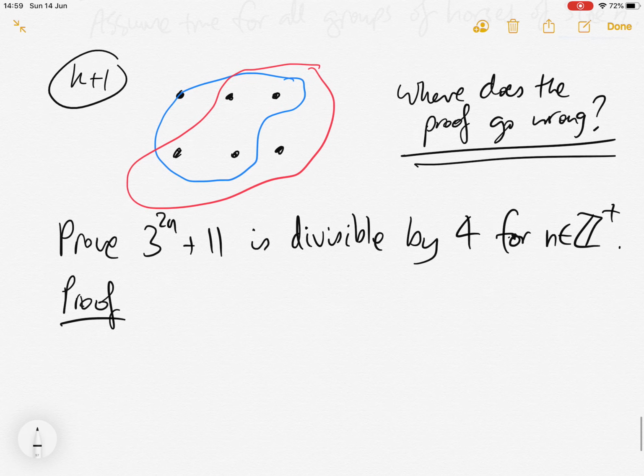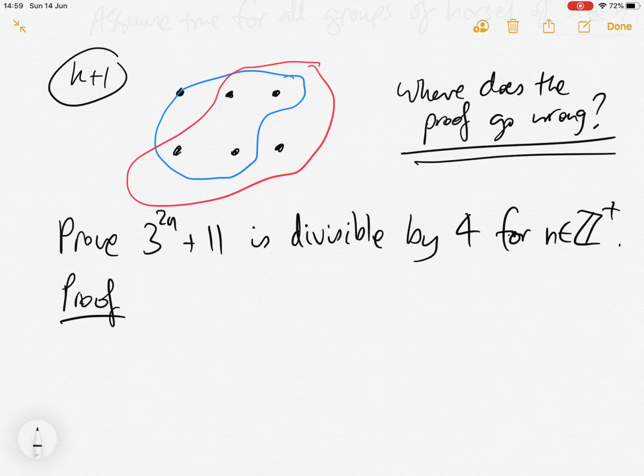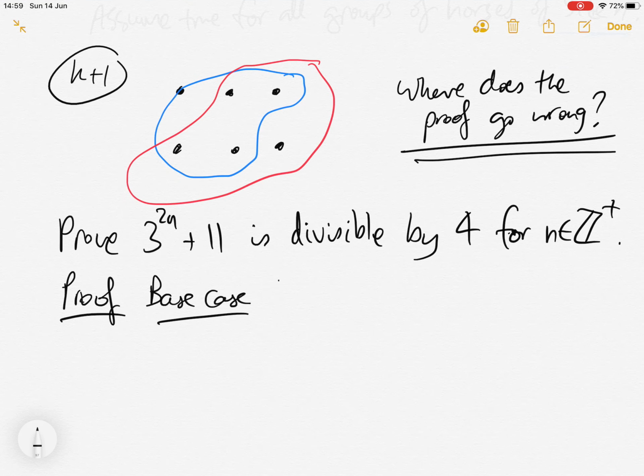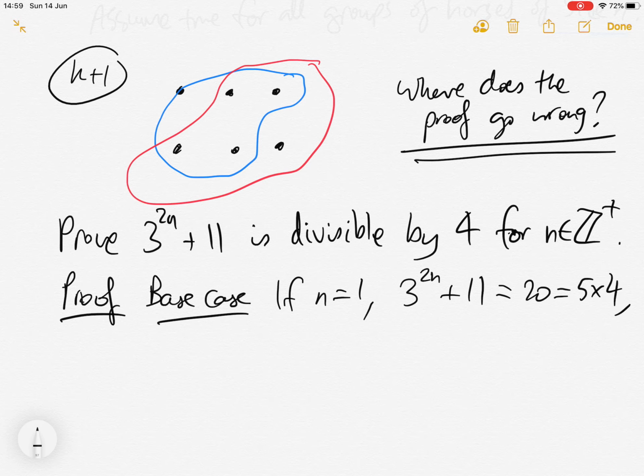So what do we do first? Well, the first thing is the base case. So if n equals 1, 3 to the 2n plus 11 is 20, which is 5 times 4, so divisible by 4,